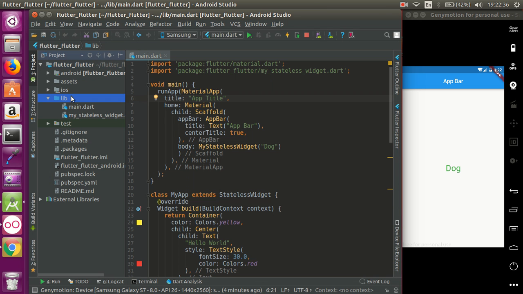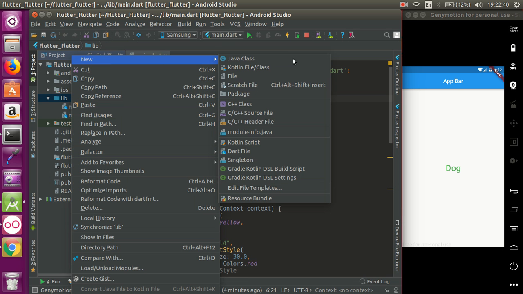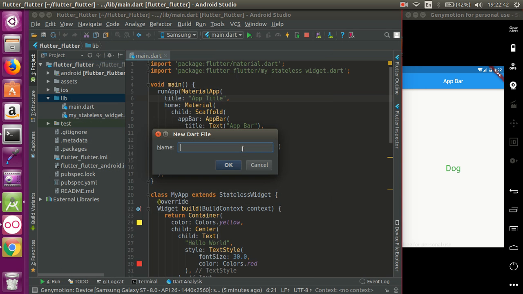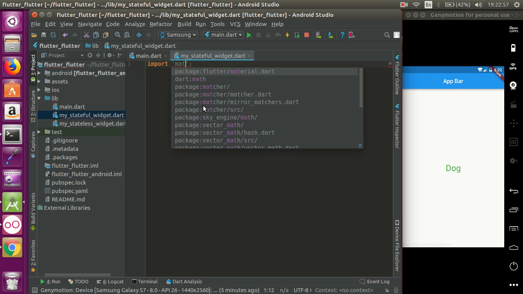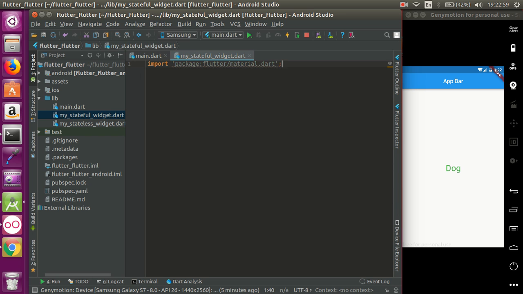First of all, create a file in the lib directory. Create a new Dart file, my stateful widget. Okay, here import the material.dart package. This will provide us material kind of stuff, material design kind of stuff, and then create a class